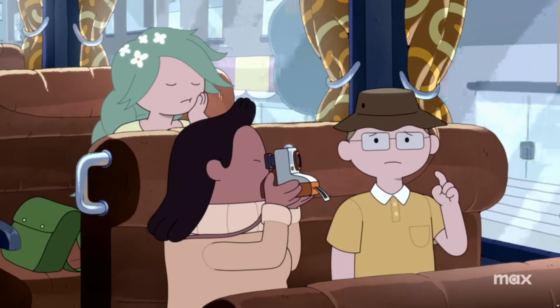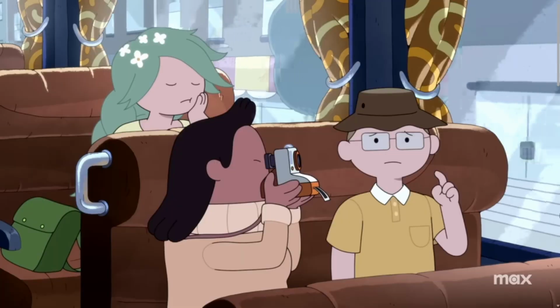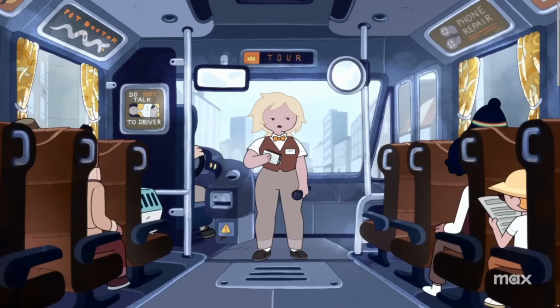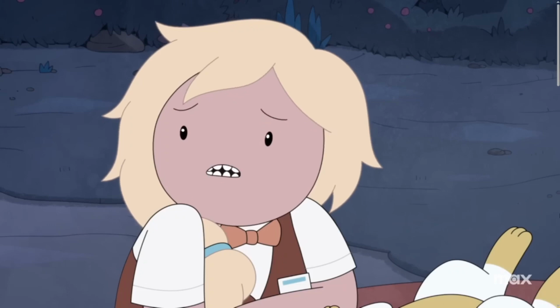Cutting over to a bus, we get to see a human version of Banana Guard, and I'm not sure who's sitting next to him, which bothers me because I feel like I recognize this character, I just can't place who it is. And back here we seem to have a nymph, and then we cut to the front of the bus where we get to see Abracadaniel on the right, and it appears that Fionna works as a tour bus guide. Then we cut to Fionna in the woods, as she's saying,